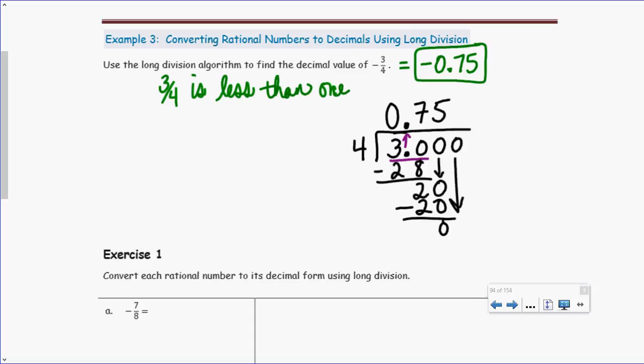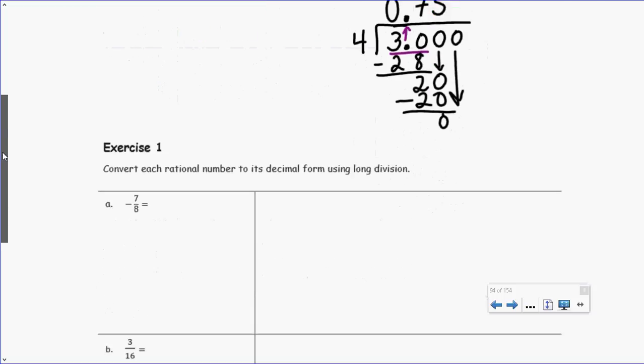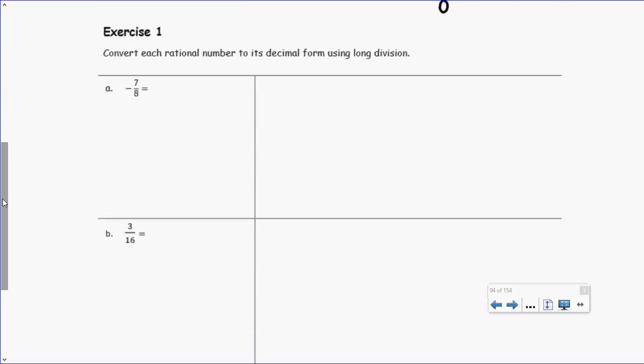So yes, you should know 3/4 because if you think of money, 3/4 is 75 cents. So I'm glad that a lot of you are thinking, like, I already knew that answer. But this is showing you how the math works, and it's proving to you how to actually divide. So let's go ahead and do letter A together, and then I'm going to give you the challenge of trying letter B by yourself. So for negative 7/8, I know that my answer is negative, but now I need to